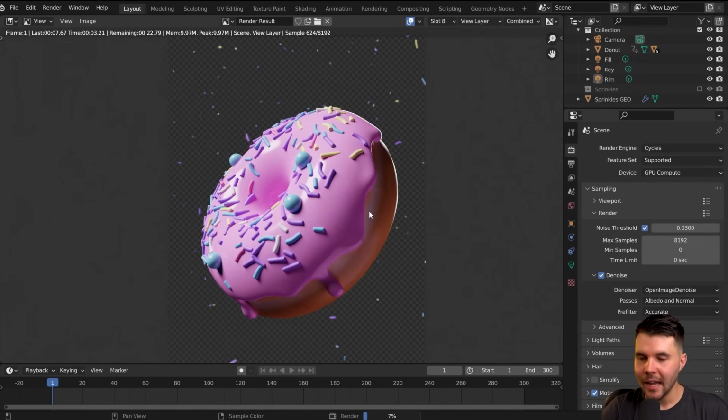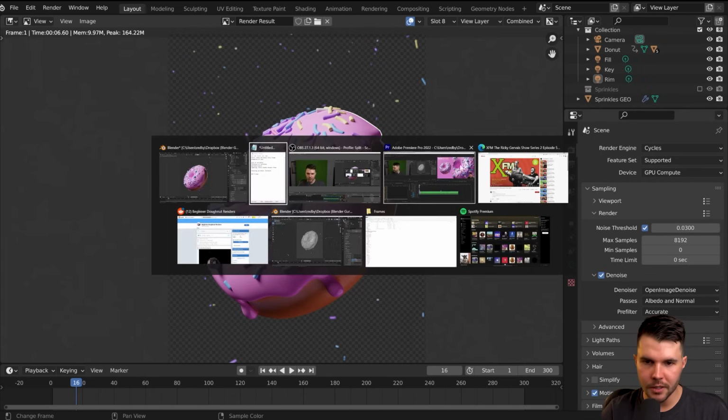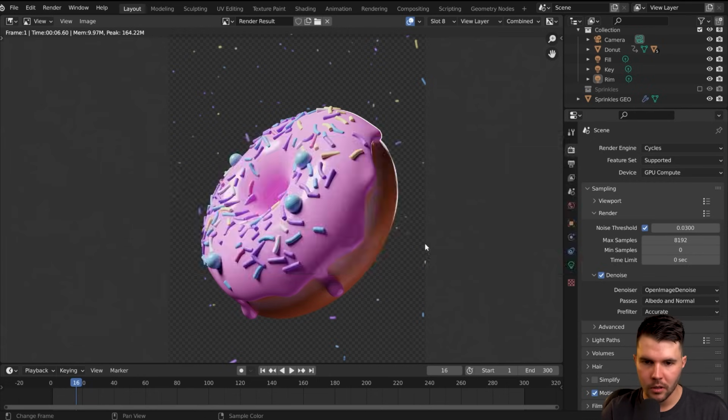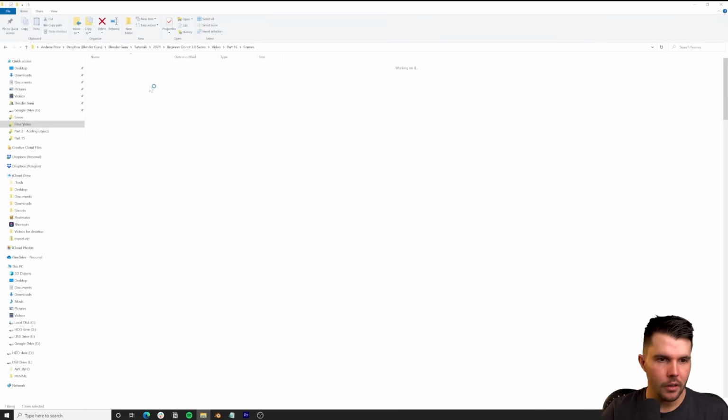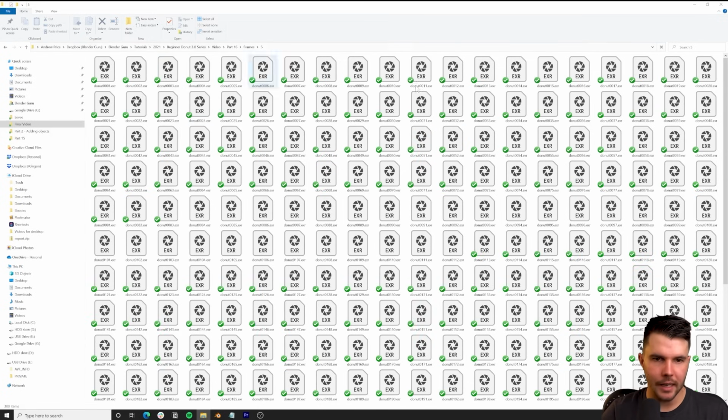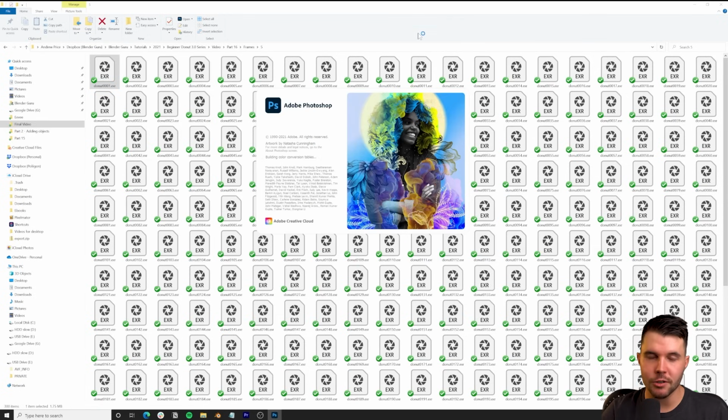But there you go. It's going to kick that off. And then when you have finished, you'll have something that looks like this, a big folder of EXRs. Now, if you tried to open one of these EXRs, you probably realize straight away it might be asking